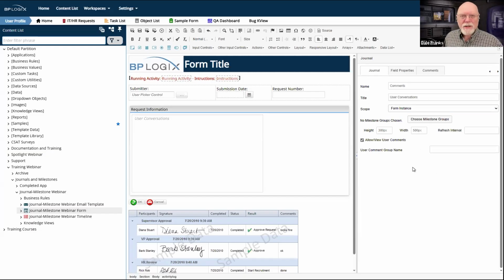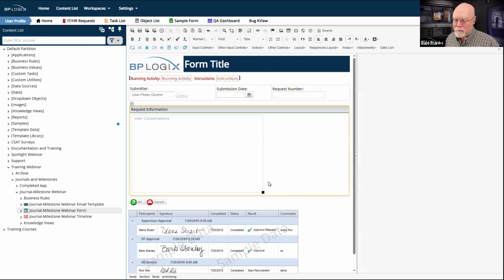Form instance is the common scope. It is the default scope, and it is the scope that is going to be used for the majority of your commenting. So if you use this, even on the same form, even if you just set it to form instance, and we'll just create G1 as the user comment group name. And then we'll come over here and